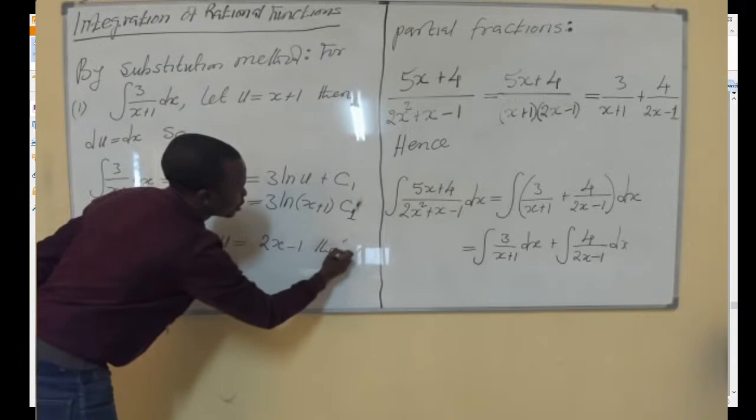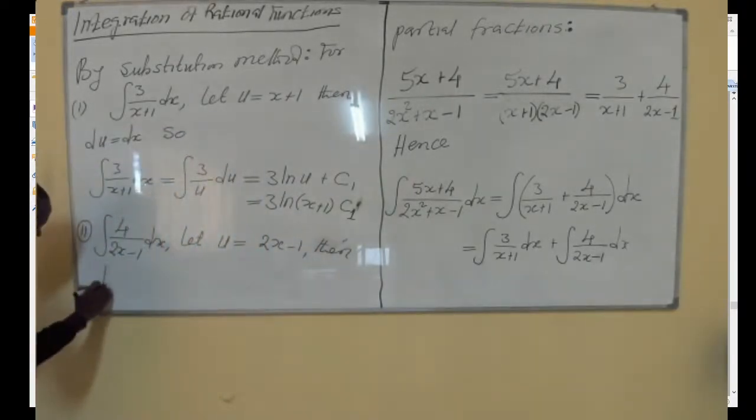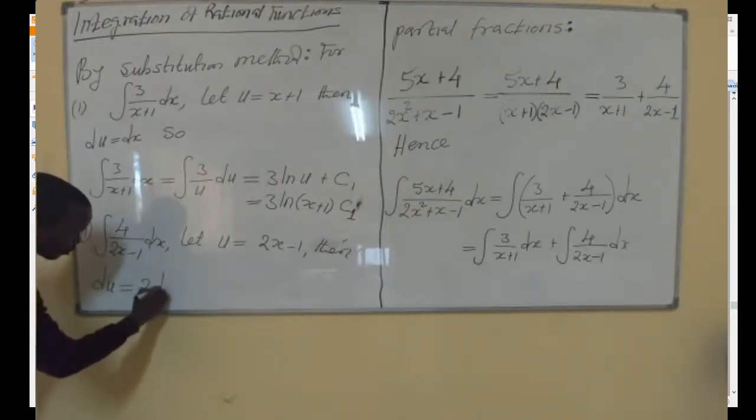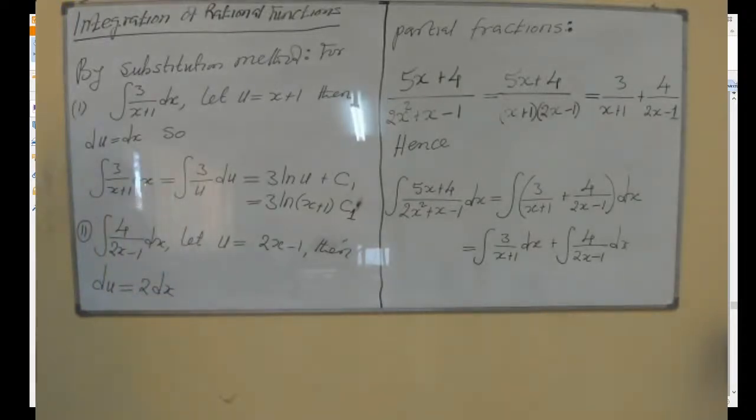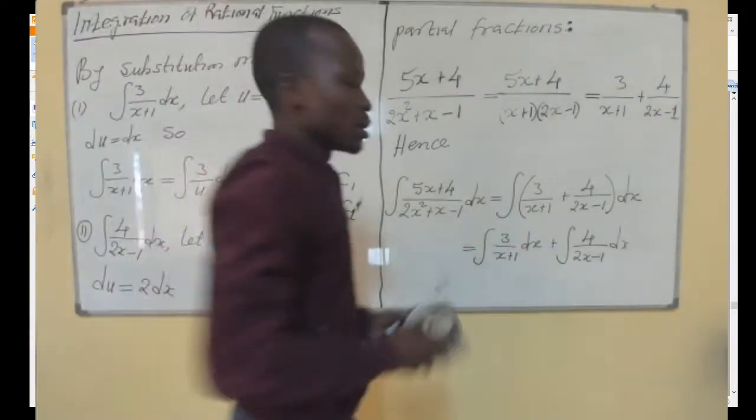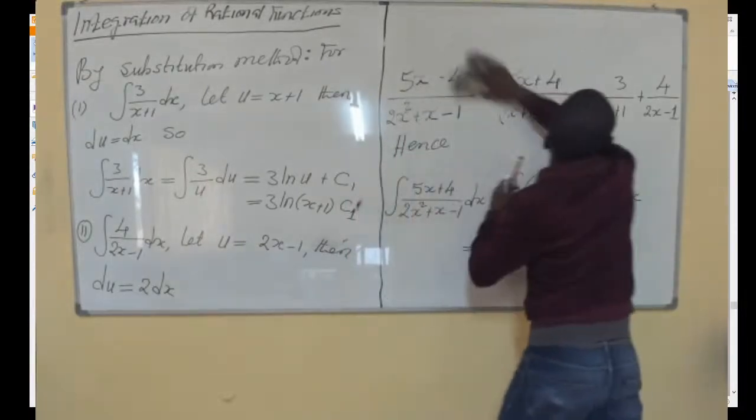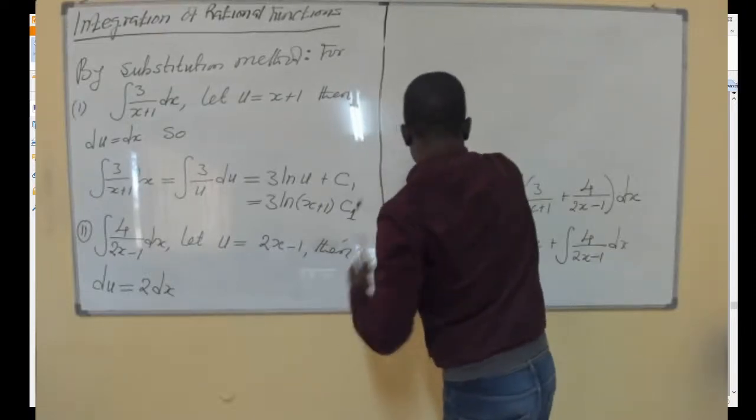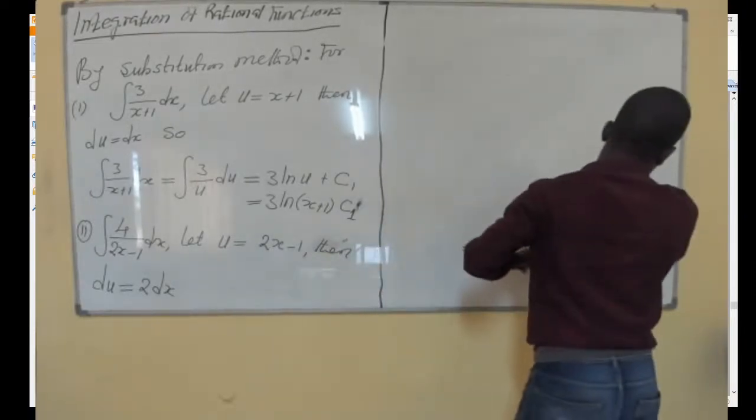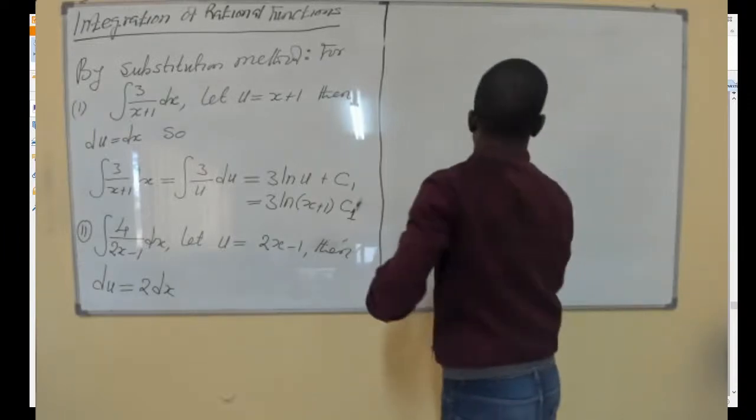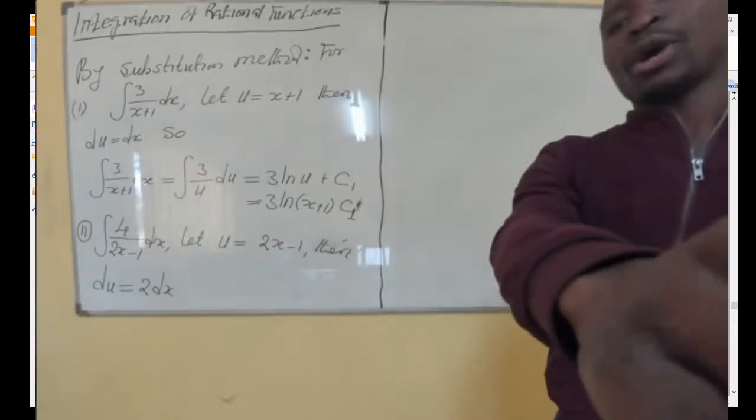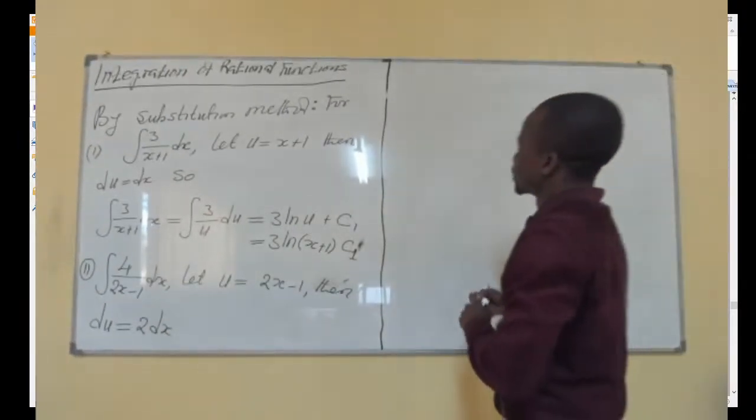Then our du over dx will be equal to 2. When you simplify, it will give us du is equal to 2 dx. From there, then we have, so what we're going to get now is